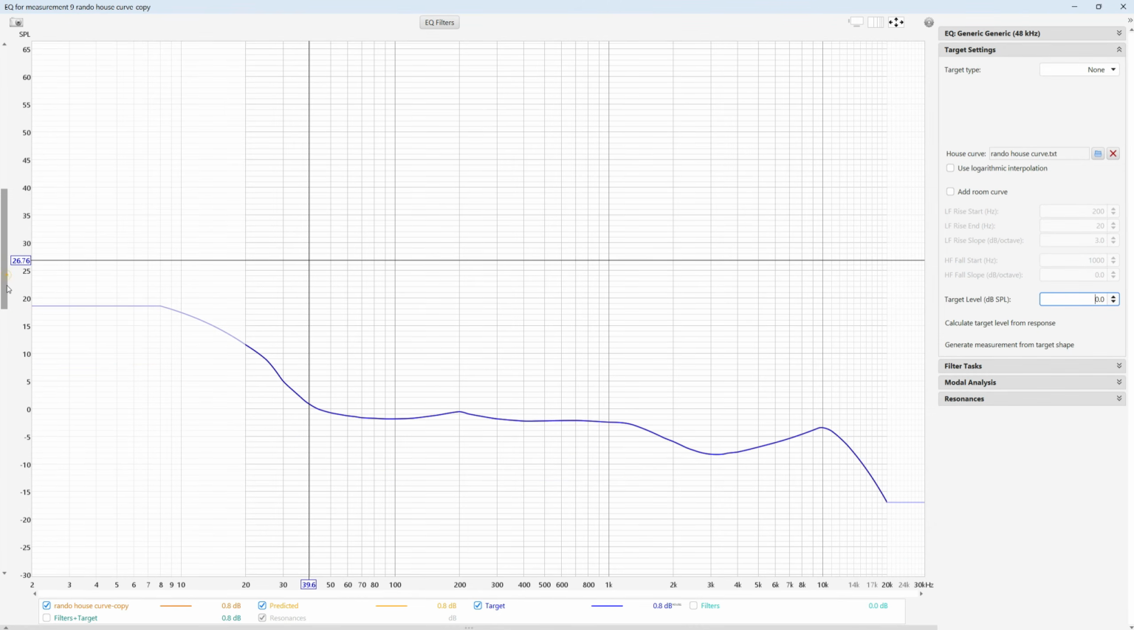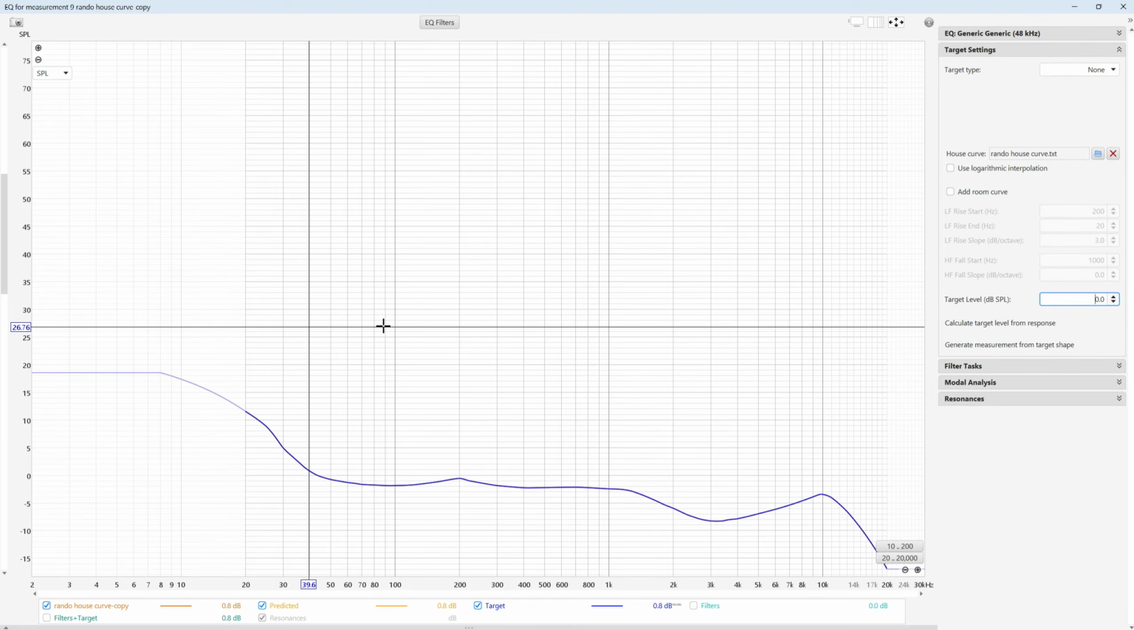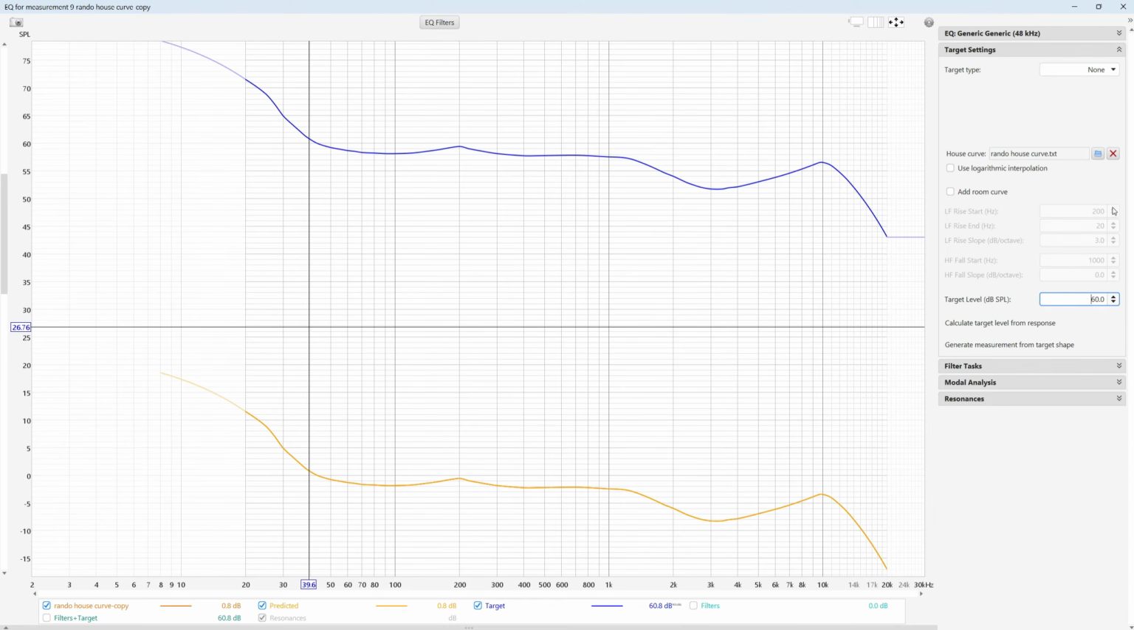Now, once we've done that, the first thing we're going to want to do is set the house curve at the target level that you're going to be doing your EQ work, and we've covered this in the tutorial, so let's pretend that we've got a target level of 60. Okay, so now the curve is at the target level that we want to work on,